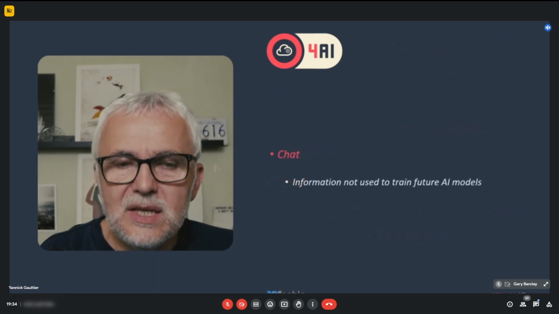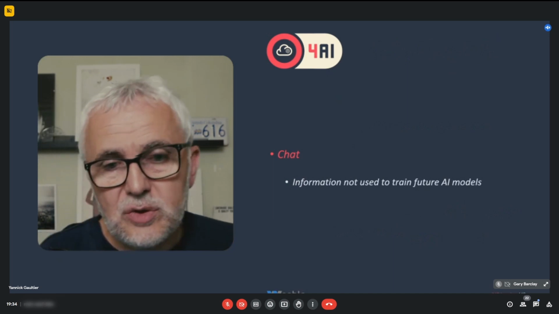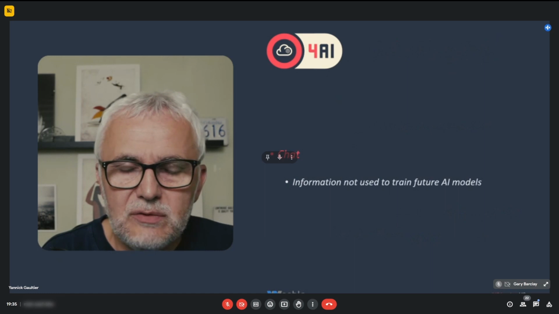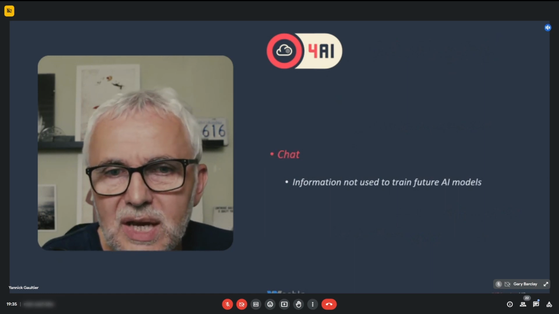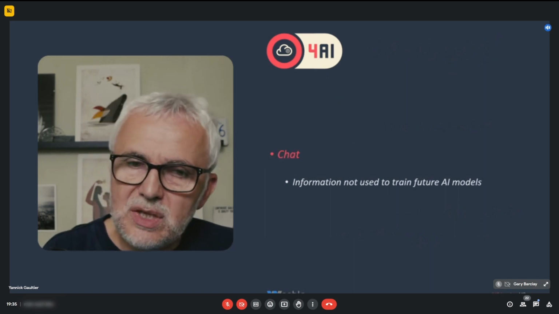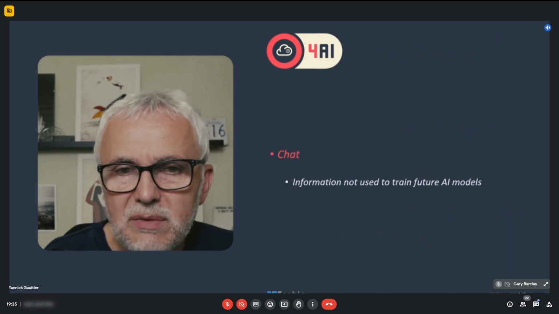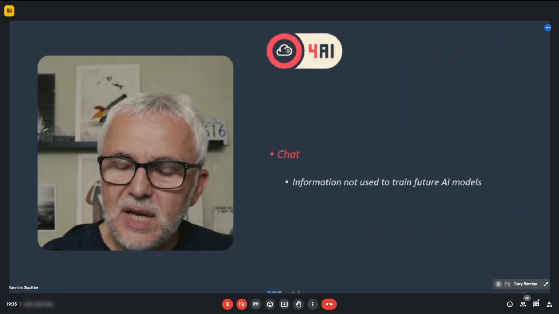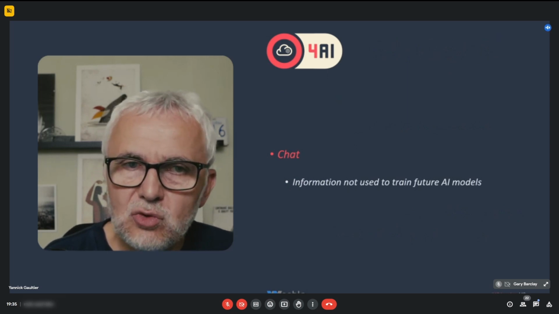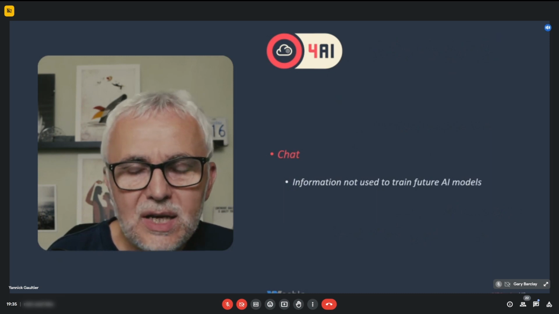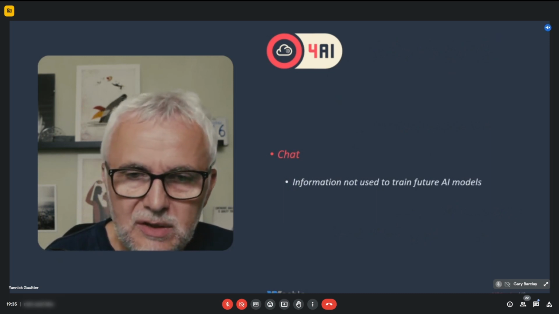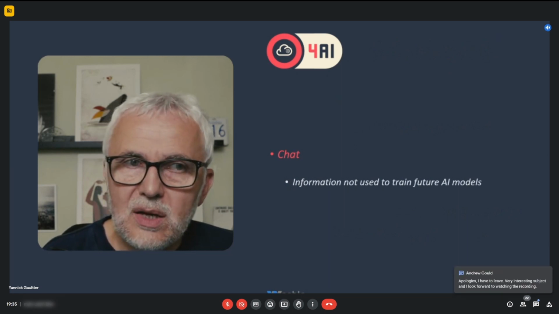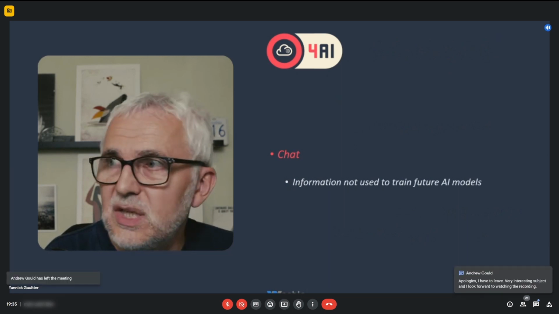And lastly, we have added a chat feature. I mean, you can always go to ChatGPT if you want to just chat with an AI tool. But by using the interface within 4AI, there's a benefit, which is that whatever information you enter is not going to be used to train OpenAI models, future models, ChatGPT 5, 6, and 7, and so on. You can disable that in ChatGPT as well.